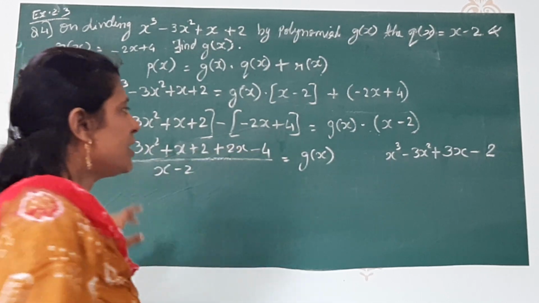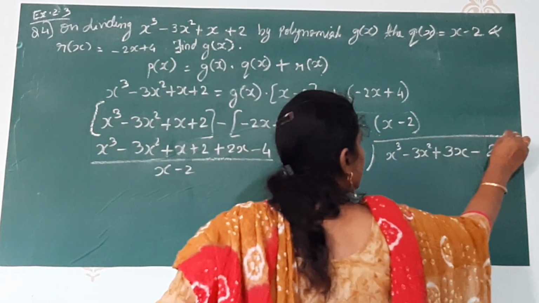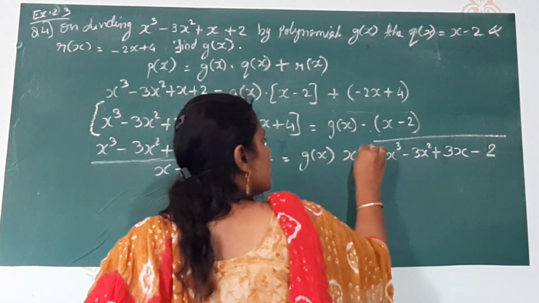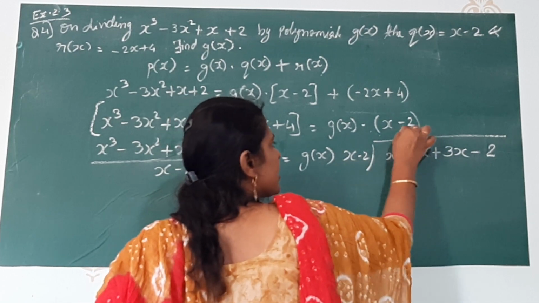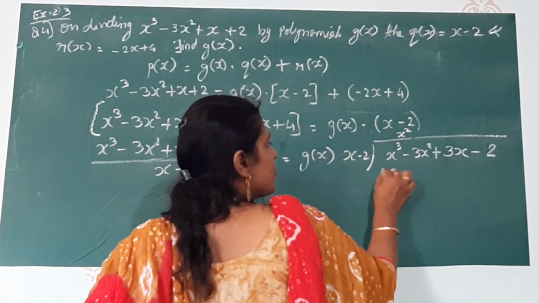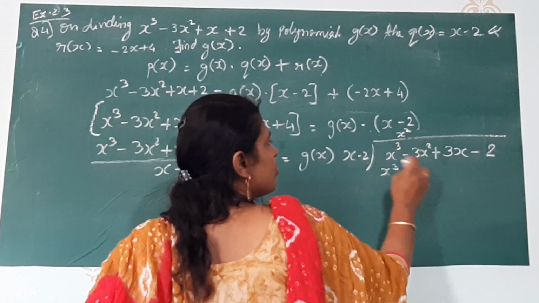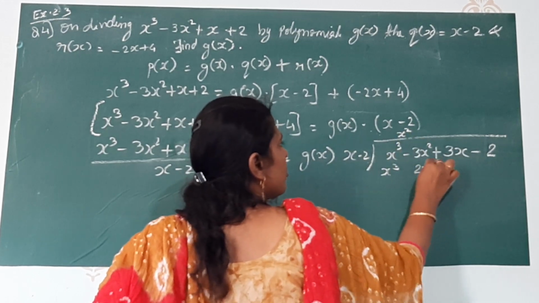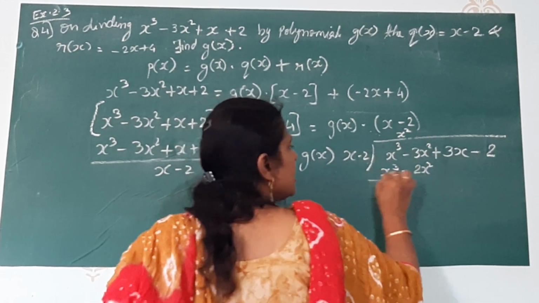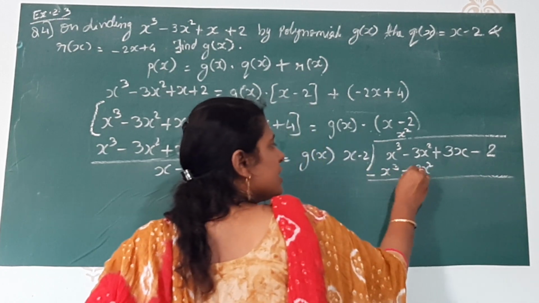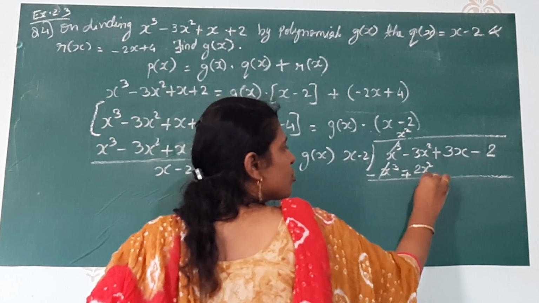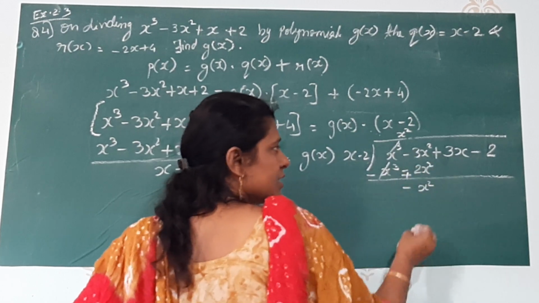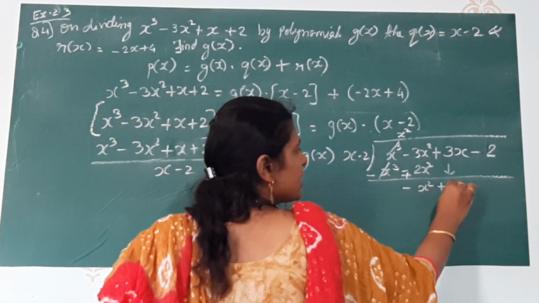Other terms are similar, so we are now dividing, where x minus 2 is the divisor. After dividing x cube, we will get x square. x square into x will be x cube. x square into 2 will be 2x square. Then the sign will be minus. Now change the sign: this will be minus, this will be plus, eliminated. Minus plus minus, then x square remains. 3 is bigger, so minus. Next term plus 3x.